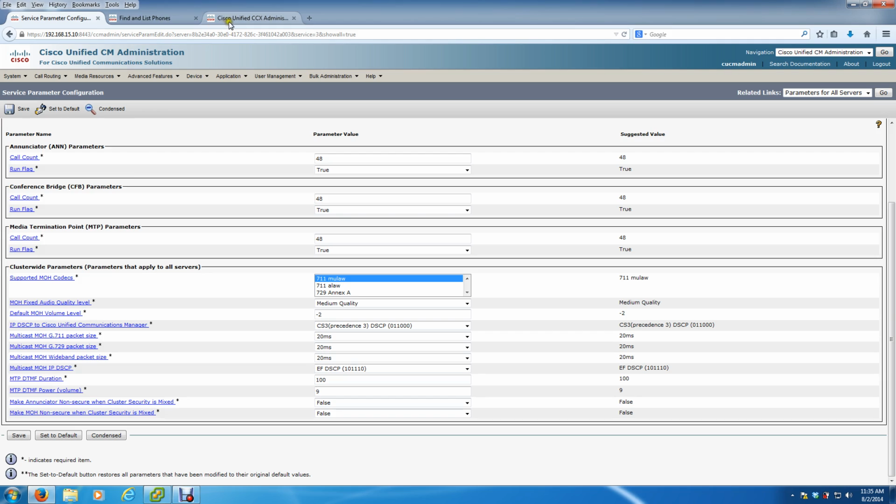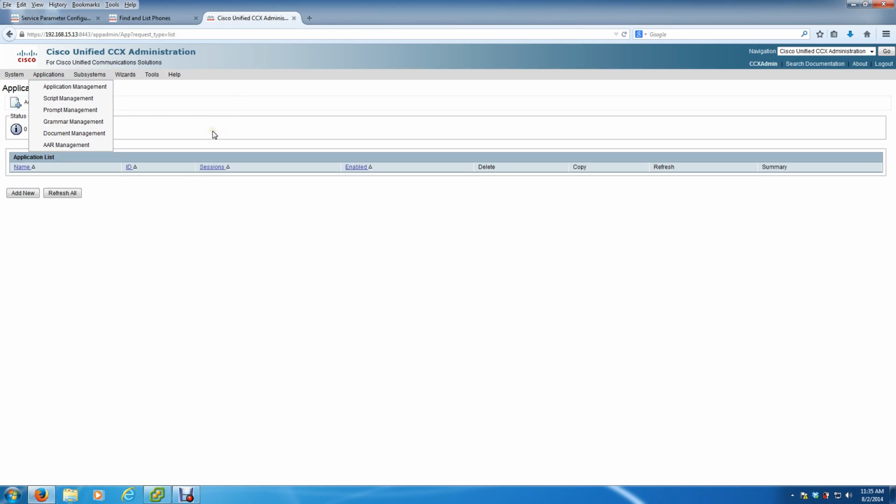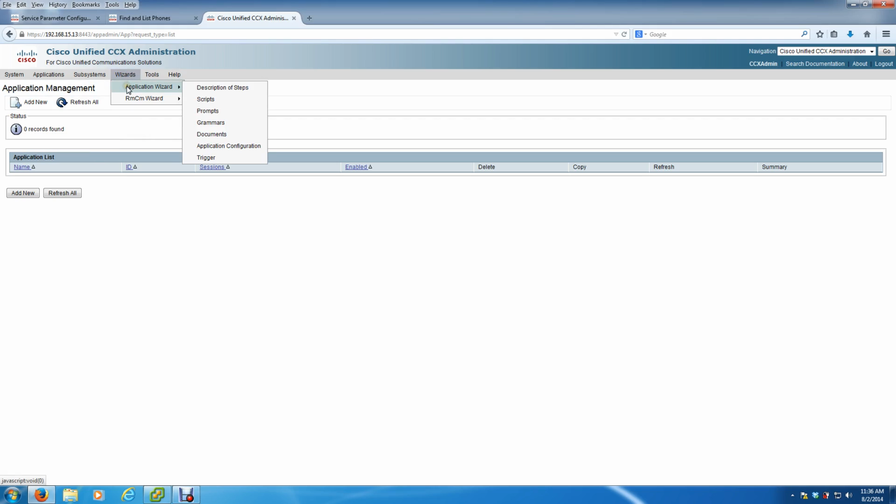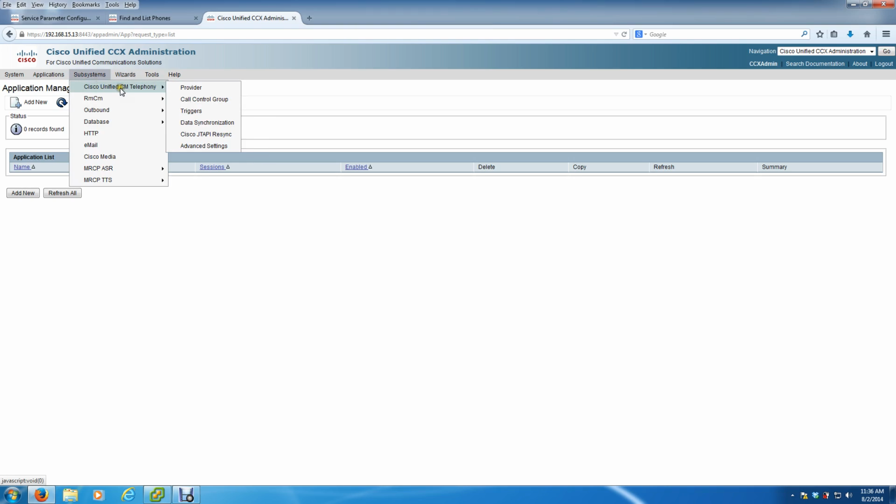The last thing, inside of Contact Center, for those of you who have Contact Center, the music on hold also follows inside of Contact Center, your CUCM and UCCX Connect, and you can use the same music on hold audio source, but there are times where you have to upload a custom file to the UCCX for the script, but that's a whole other subject. But real quick, I just want to show you guys how to make the CUCM's music on hold follow inside of your Contact Center. So what we need to do is go to Subsystems, Cisco Unified Telephony, go to Call Control Group,